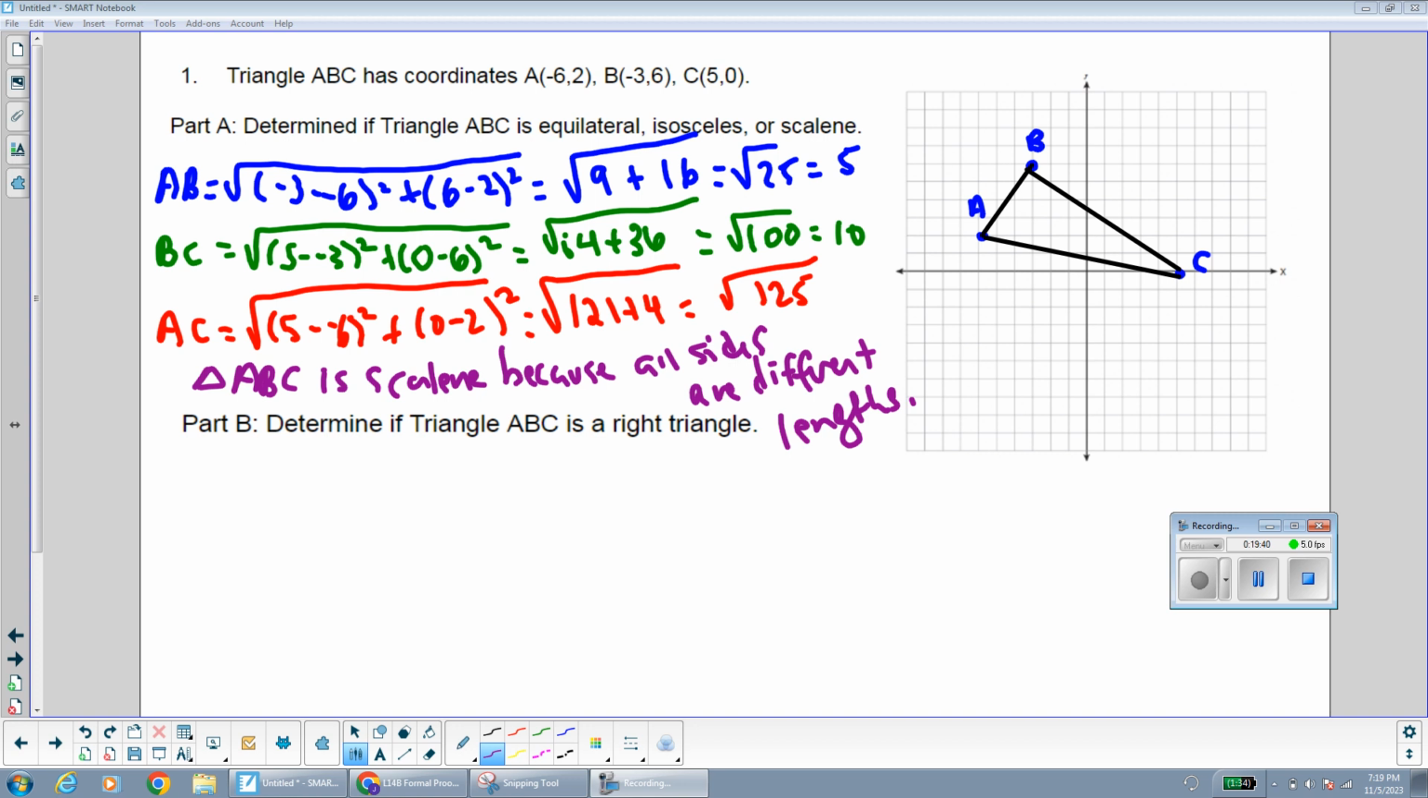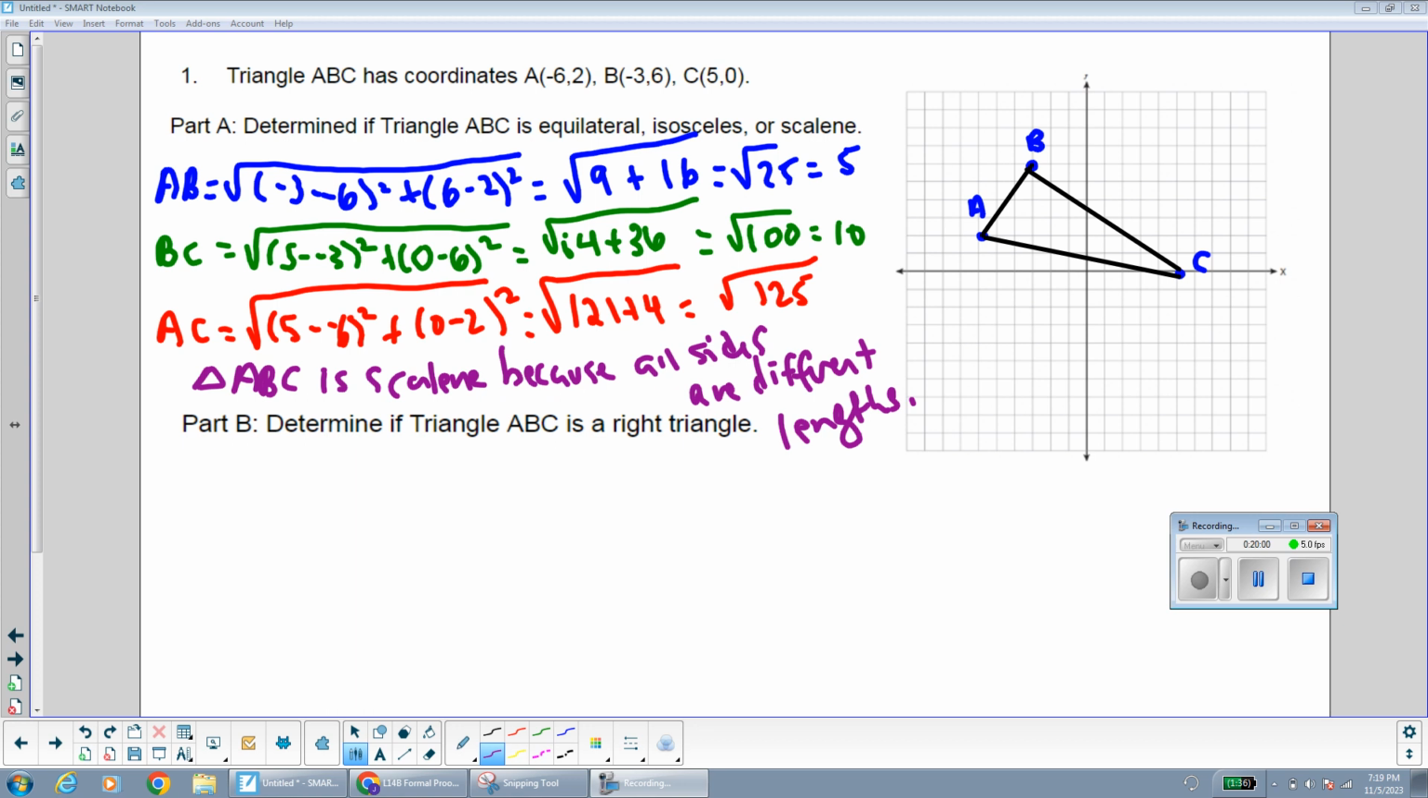The first way is we can use the Pythagorean theorem because that will only work if we do in fact have a right triangle. Remember, if you're plugging your side lengths into the Pythagorean theorem, your longest side does need to be plugged in for the hypotenuse, which is c. So that would be radical 125 would have to be plugged in for c. I'm going to do it